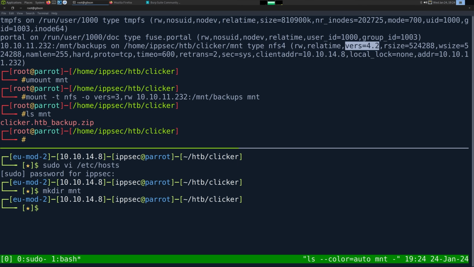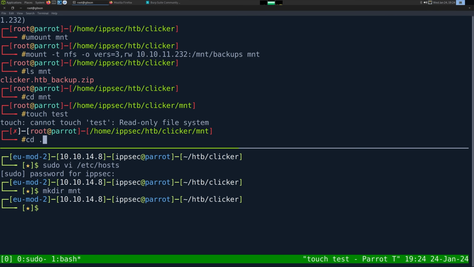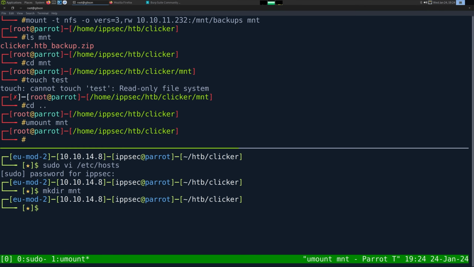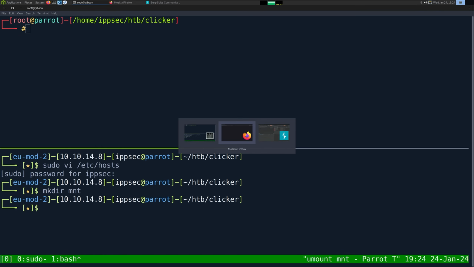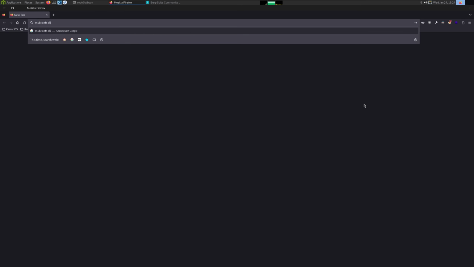ls mount. So we can go in here, touch test. It is still saying read-only file system. So there's probably some type of configuration in play that is preventing us from accessing it. We could just try one more thing that I don't think I've shown in a video. Mubix wrote a pretty cool NFSClient in Go. And the cool thing about this is